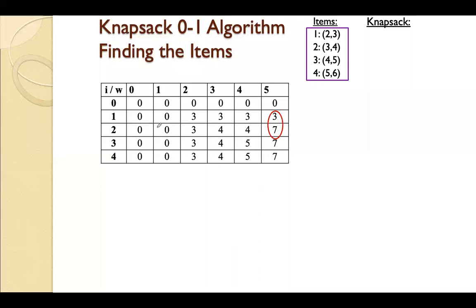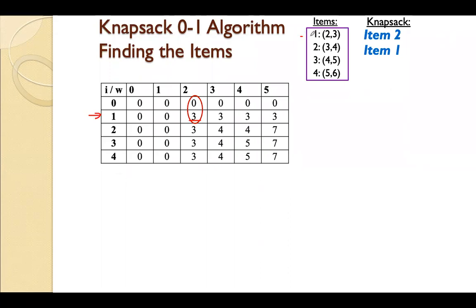Compare these two elements. Now those values are different. Where did we get this difference? We got the difference at row 2. So first item we are considering is item 2. Next, the upper value is 3. So go to 3, compare it with the value above it. These two values are different. Where did we get the 3? We got 3 at the first row. Another item is item 1.